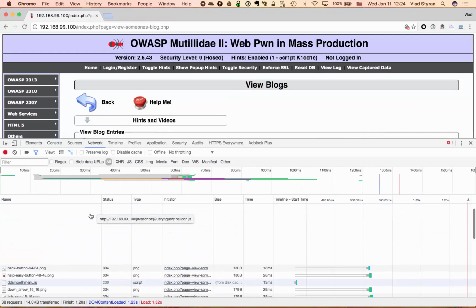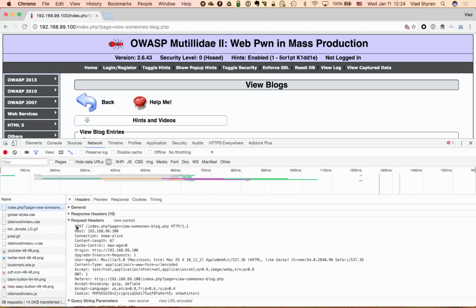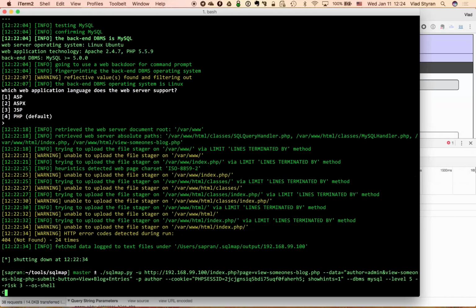Just take this raw source of request headers, with all the cookie information and the URL path in the beginning of this section, and we can just cat it to a request